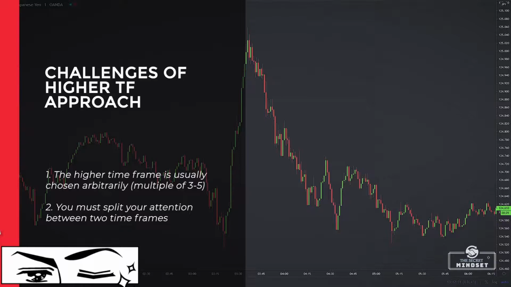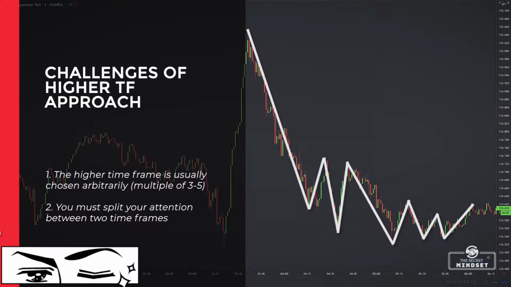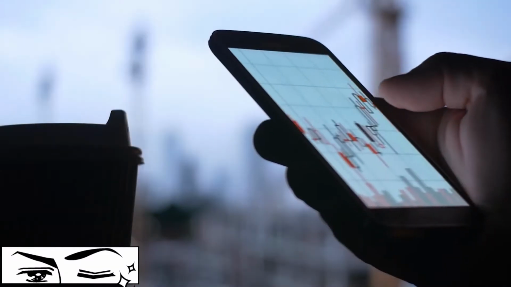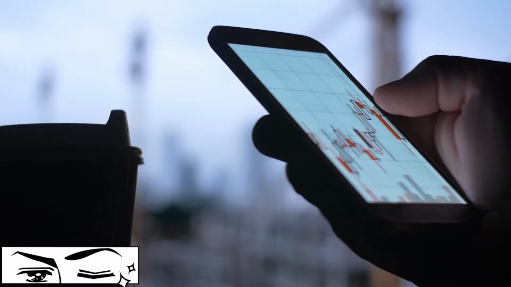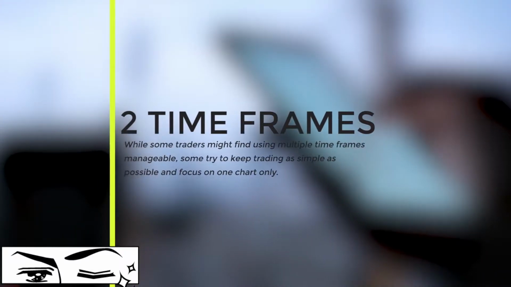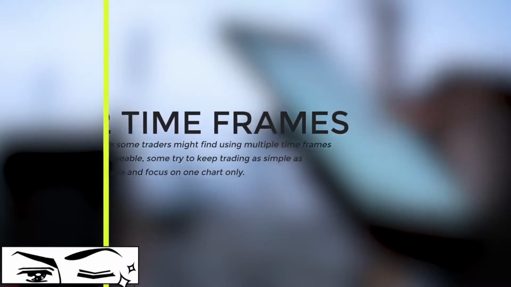For instance, if your trading time frame is 1 minute, using a multiple of 5, you will use the 5-minute chart for determining the market bias. However, there is often no sound basis for the choice of the higher time frame. Next, by using a higher time frame, you must split your attention between two time frames. While some traders might find that manageable, some try to keep trading as simple as possible and focus on one